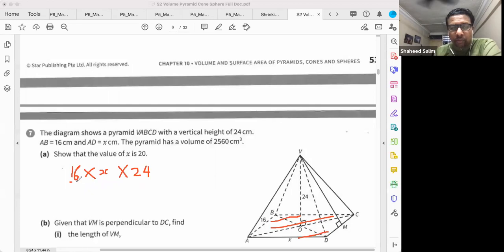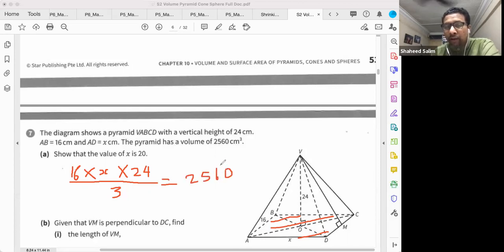Then you must divide this by 3. This is the formula for volume: length times breadth times height, divide by 3. And then it's equal to